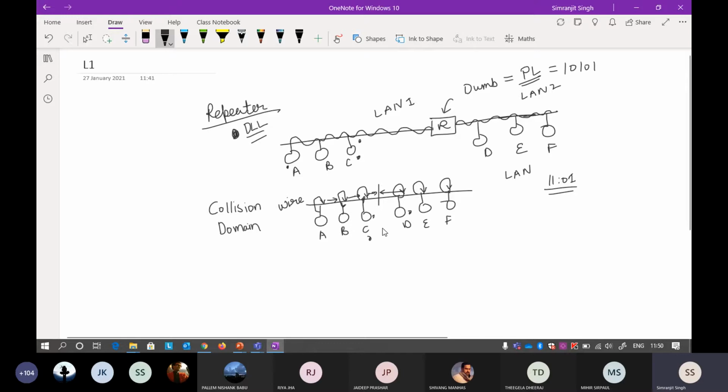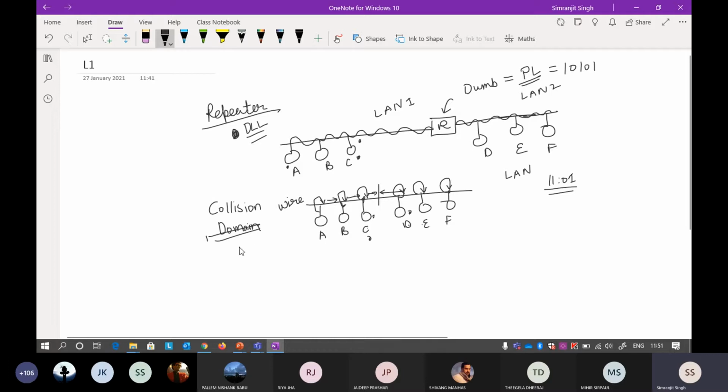Okay, so how to solve the collision, there are various protocols like CSMA/CD. That particular thing is called access control. That is also the responsibility of the data link layer, but I'm not talking about that particular thing. Just see that a collision can occur. So what exactly is a collision domain? If there are 1, 2, 3, 4, 5, 6 devices, what is the possibility of these 6 devices being included in a collision?